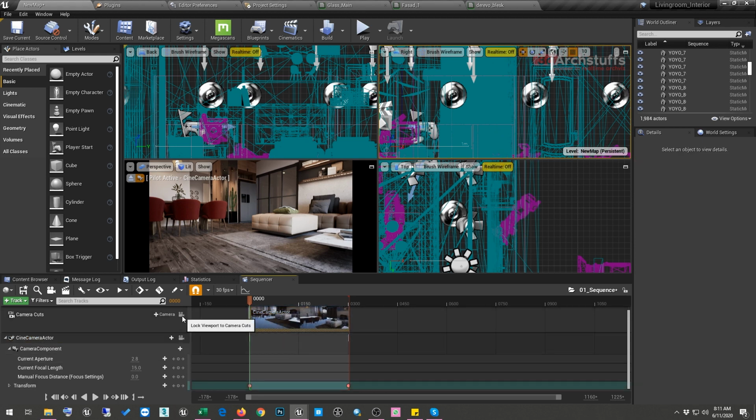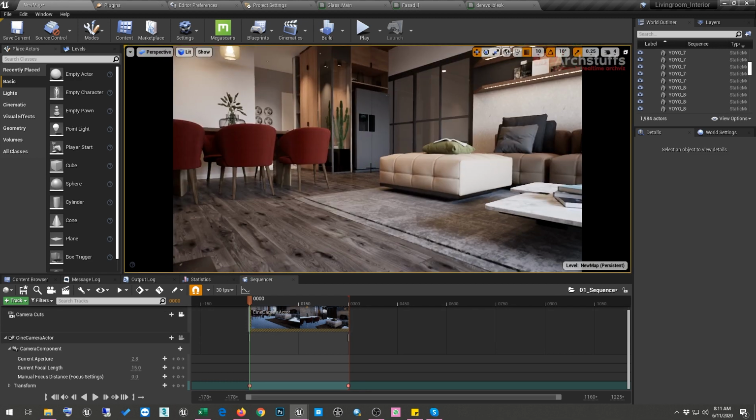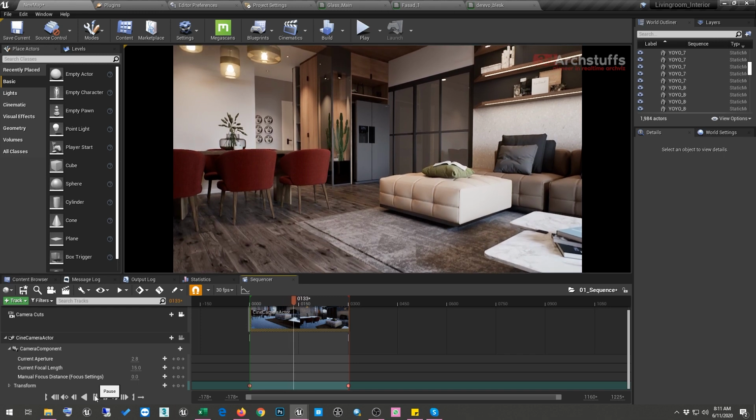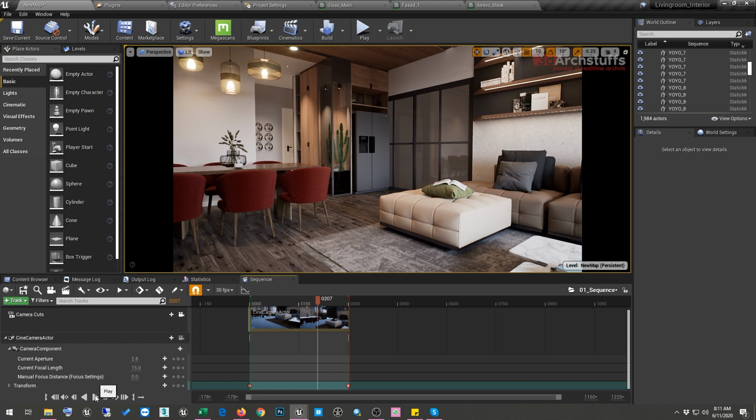And now if you click this, our camera will be visible in the scene. Okay, and now we can click play, and we can see that we are able to play our cinematic. So once we have our cinematic here, now we need to give all the important settings, and we want to render this cinematic as high quality as possible.